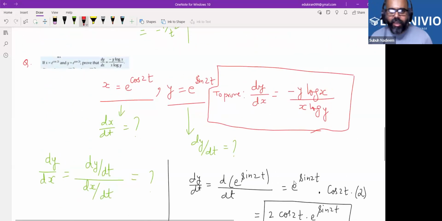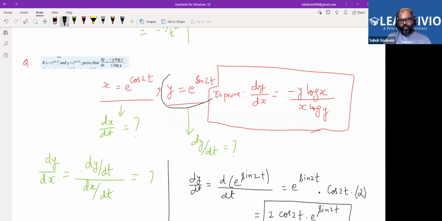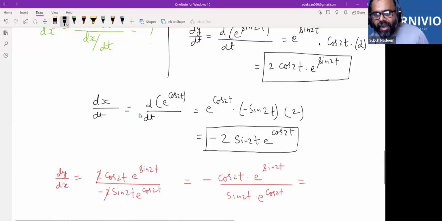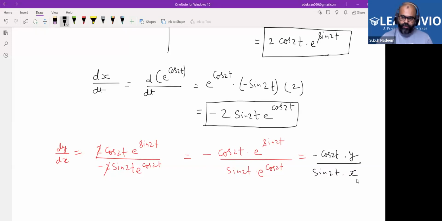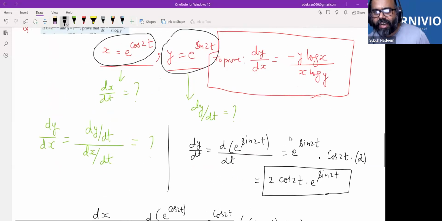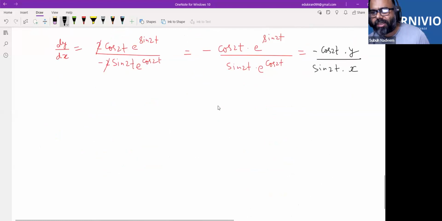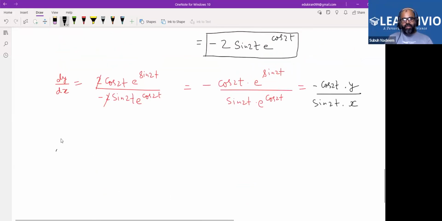So as you can see here, e to the power sine 2t was y, right? And e to the power cos 2t was x. So we can say that e to the power sine 2t is y, minus cos 2t into y by sine 2t into e to the power cos 2t is x. Now what is cos 2t and sine 2t? Since y is equal to e to the power sine 2t,